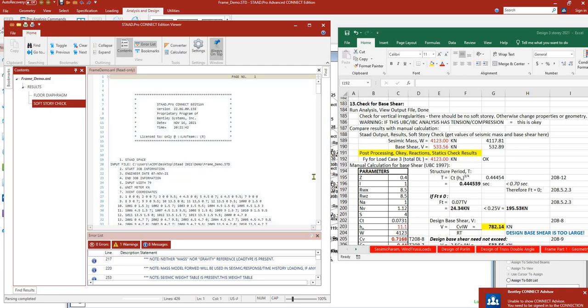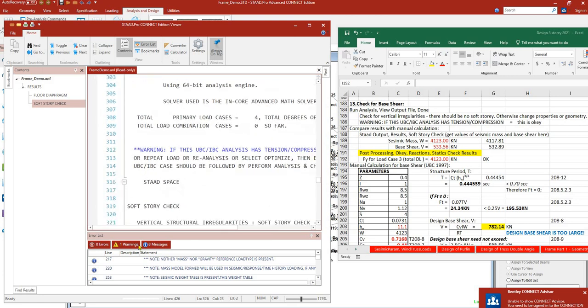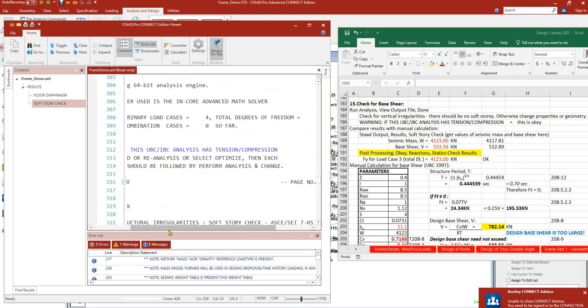Ang gagawin natin ngayon ay we will be checking for vertical irregularities. So this is still part of the base shear check. So, isa sa kasama ng vertical irregularities yung soft story check. Okay? So, click mo yan. And then, ito siya. Based on ASCE 7,